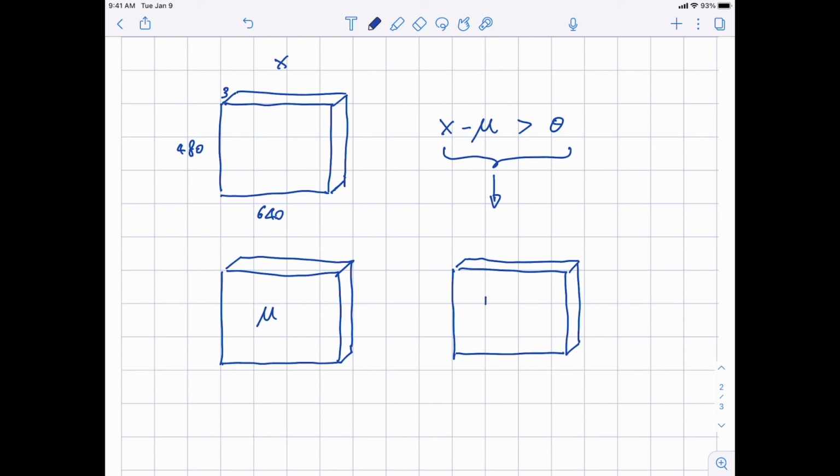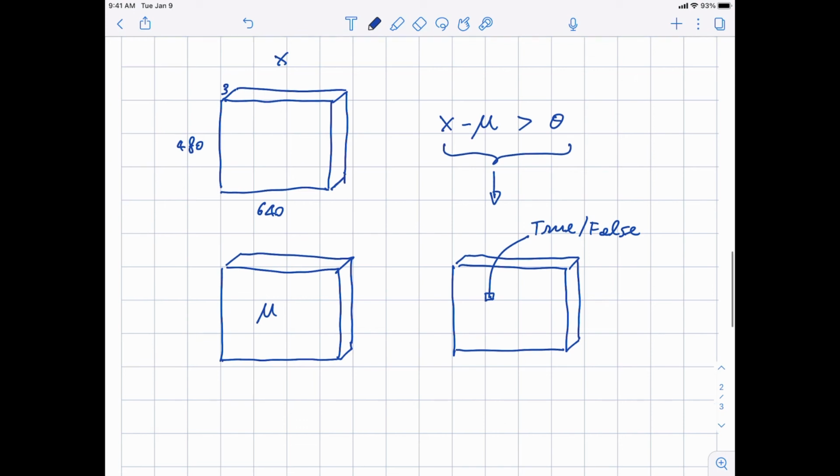So the elements of this object will be true or false. We have already seen in the introduction to NumPy that individual values in matrices can also be Boolean in type, and that if you do a comparison between a matrix such as x minus mu and another matrix such as theta, what you end up with is a Boolean matrix, right?